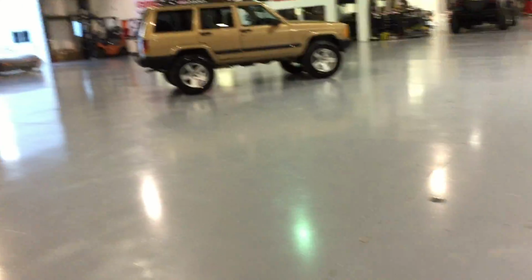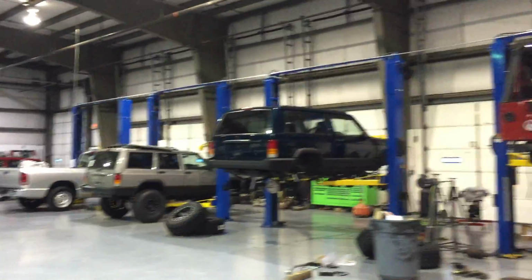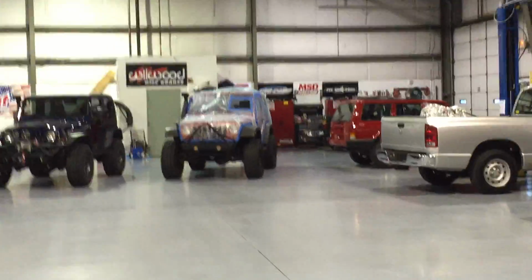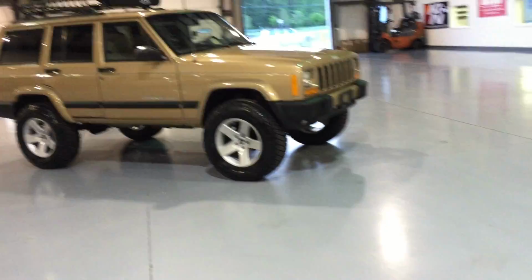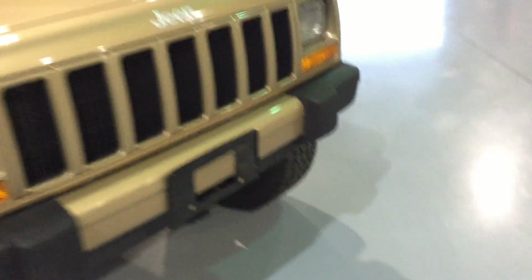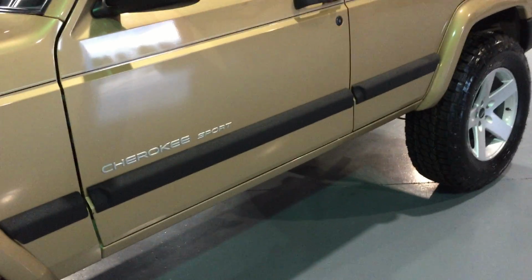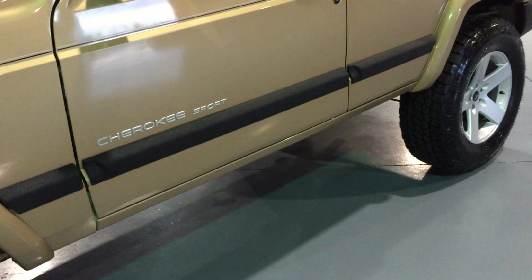So our process for our Linx is very tedious. A couple other Jeeps that we have some Linx on. So that red JK right there, that's Stage 2 of the Linx process. So Stage 1 on this particular vehicle is we sand down every single panel that's getting Linx. So we start with an aggressive sandpaper, a 180 to knock everything off. Then we go to a 360, and then we apply multiple coats of a surface cleaner that gets out all the oils, all the